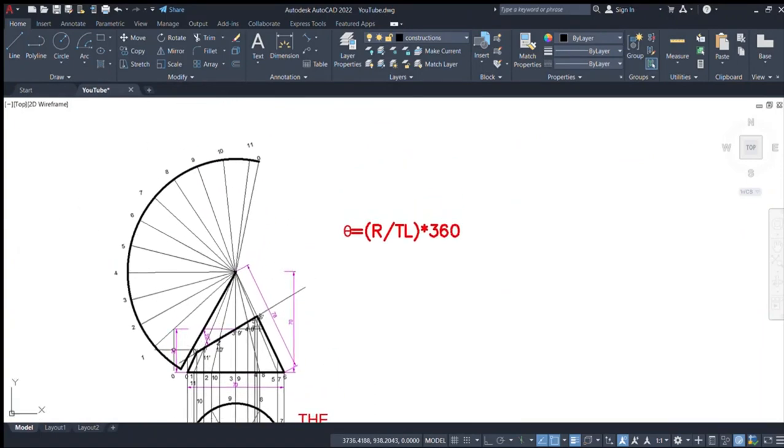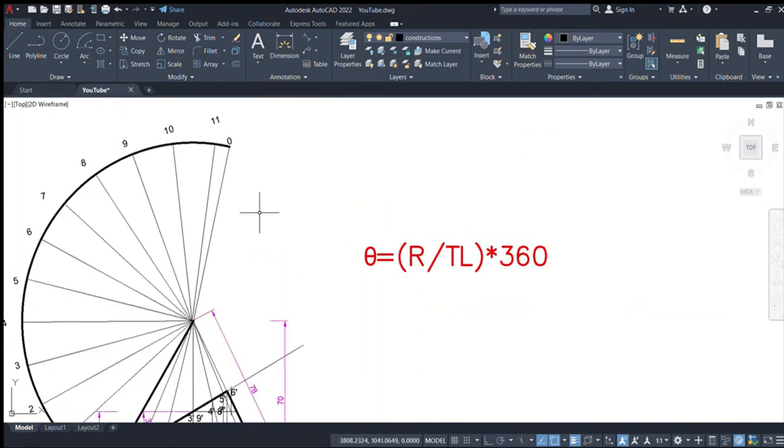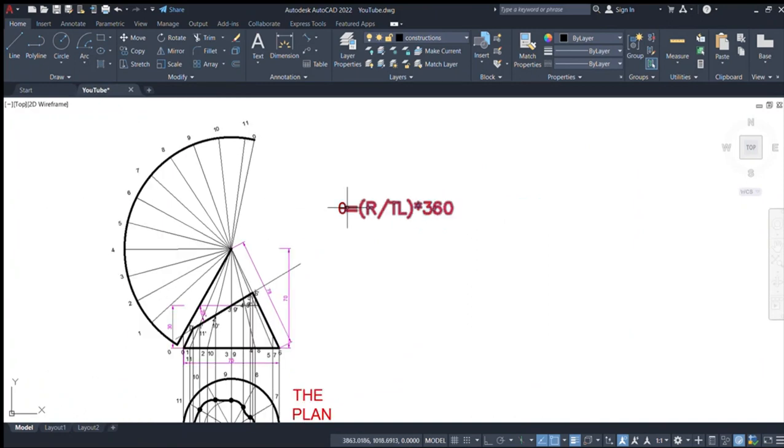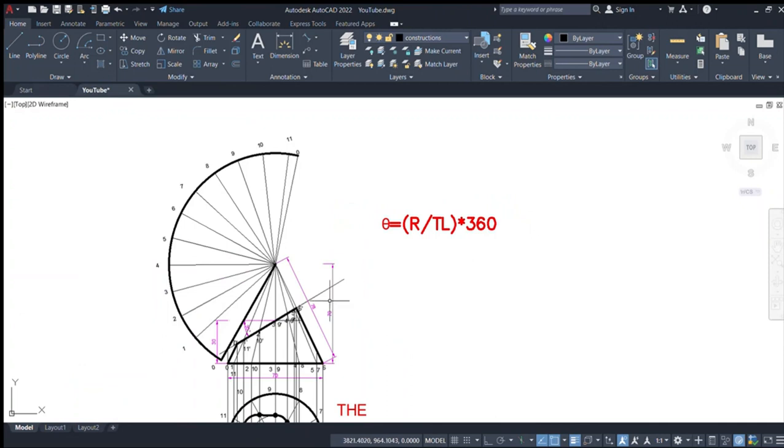So once you label all the numbers, you start with the 0 and end with the 0. Now remember the angle, we found the angle theta as radius over true length times 360. So the next thing you do,